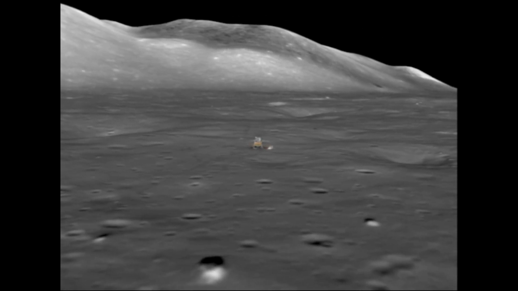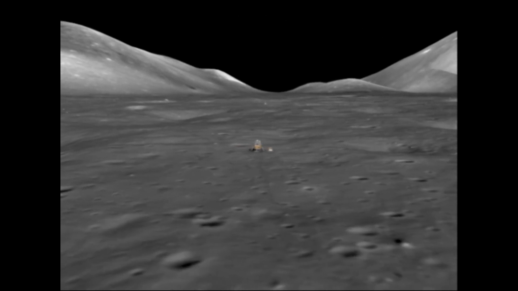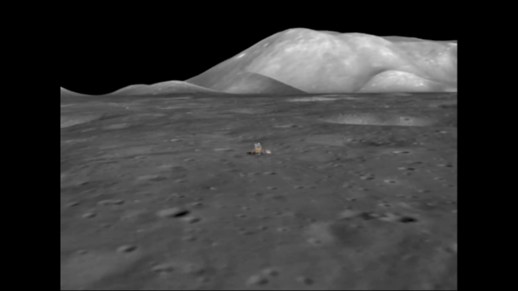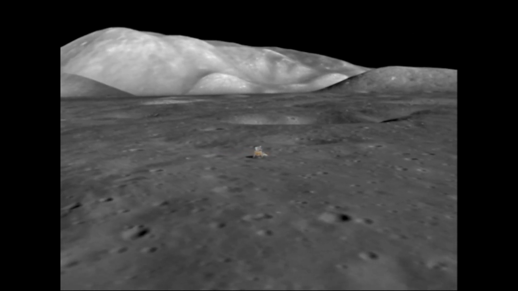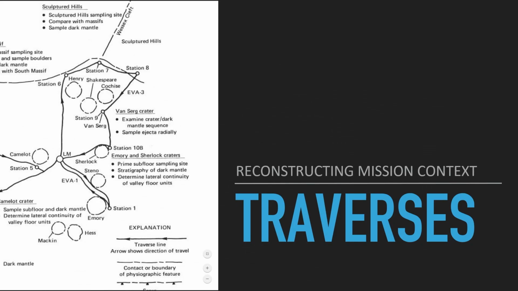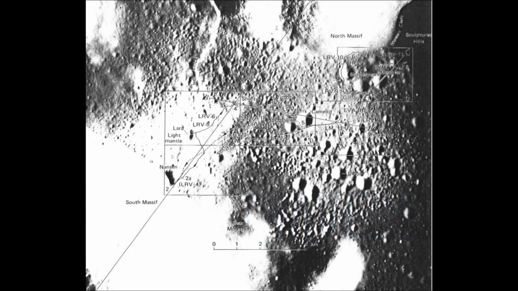So the LRO data is really helping me to realize what an amazing human adventure they were on. And I decided what I would do with it is recreate the rover traverses. When they traversed across the valley, they had to turn the TV transmission off because they'd be bouncing around like crazy and the antenna wouldn't have a lock on Earth anyway. So the checklist just said to turn it off. They would turn it off, and you'd hear them talking as they drove, like, "Oh, watch out, you're about to go into a crater." And 30 minutes later, they'd turn the TV on and they were somewhere new.